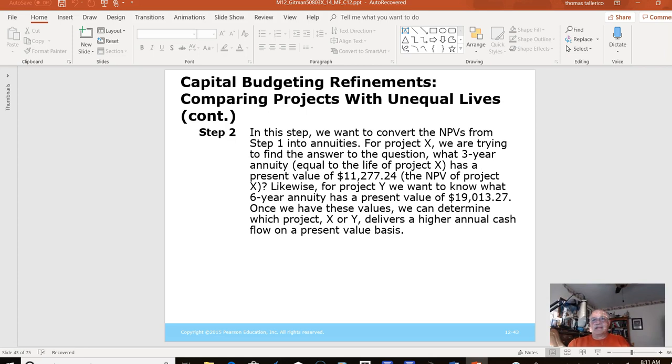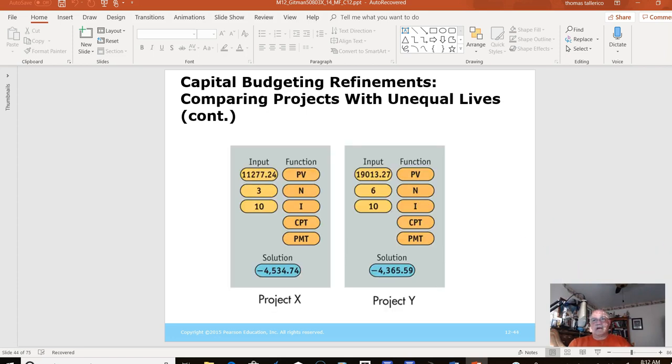Alright, so we already got step 1 done. So we've got to convert these net present values from step 1 into annuities. So basically we have a 3-year annuity for project X. And for project Y, you can see we have a 6-year annuity right here, right? And that has the present value of that. And basically that's really where the work lies. And we can use